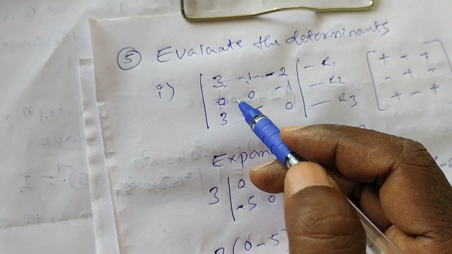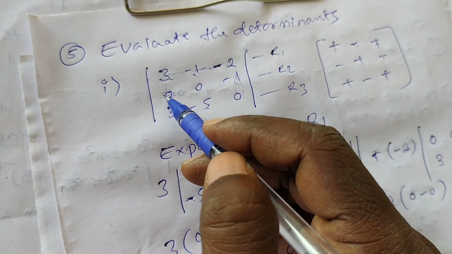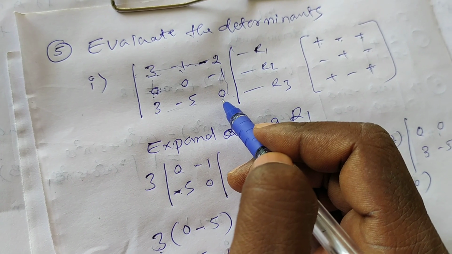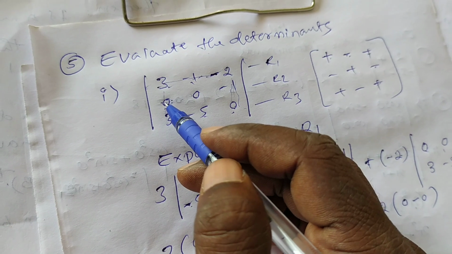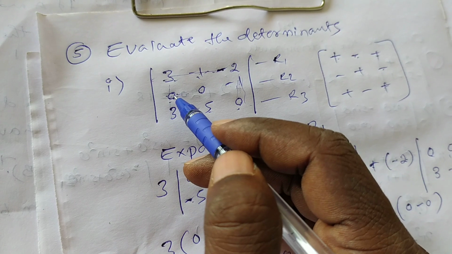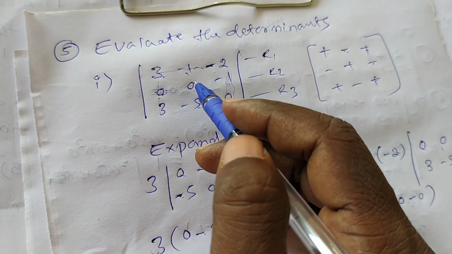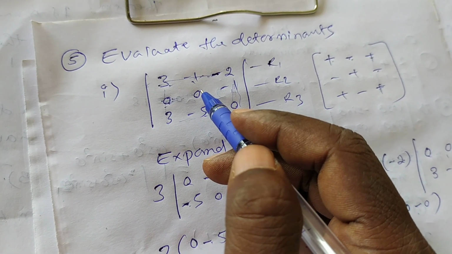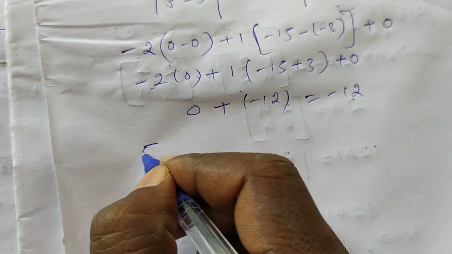Here in this determinant, in the second row, the maximum number of 0s exist. There are two 0s here, but in the third row or third column, there is one 0. In which row or column do the maximum 0s exist? Here in the second row. Hence, you have to expand along R2 for easier calculation, because if the maximum number of 0s exist in the given row or column, you can easily find the value. So expand along R2.